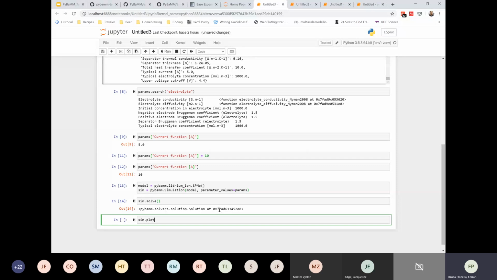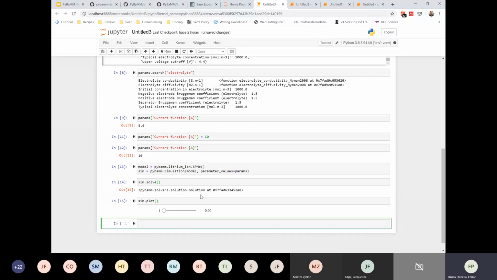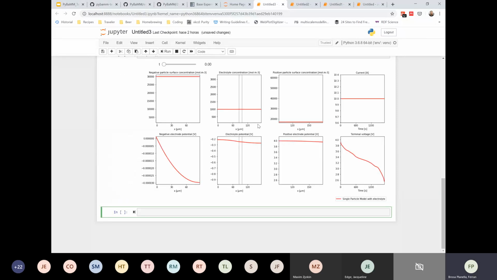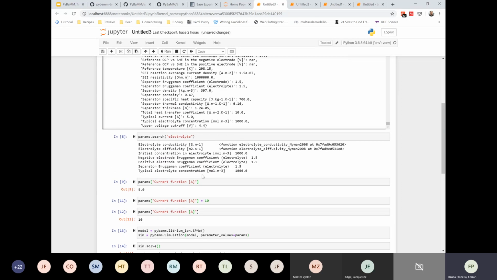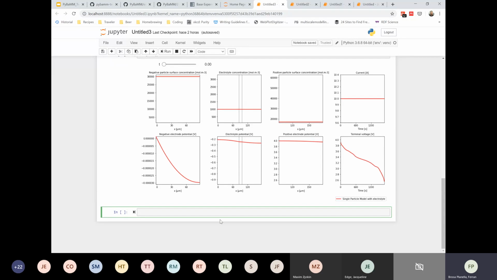and we plot it, we'll get our simulation results from this parameter set. And as you can see, for example, here, we asked for a C rate of about 2C, so it discharged in about half an hour, which makes sense. But that's not the only thing you can do. Of course, you can change any of the parameters here. The reason we chose the current function is because that one has more features, such as running a drive cycle